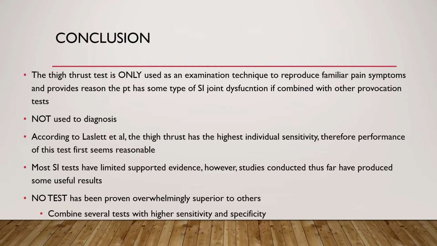In conclusion, the thigh thrust test is only used as an examination technique to reproduce familiar pain symptoms and provides reason to suspect that the patient has some type of SI joint dysfunction if combined with other provocation tests. It is not used to diagnose. There was considerable inconsistency and disagreement between studies within the results and statistics, which makes comparison difficult. However, according to Laslett et al., the thigh thrust has the highest individual sensitivity, therefore performance of this test seems